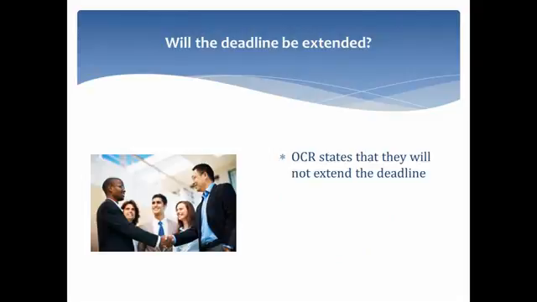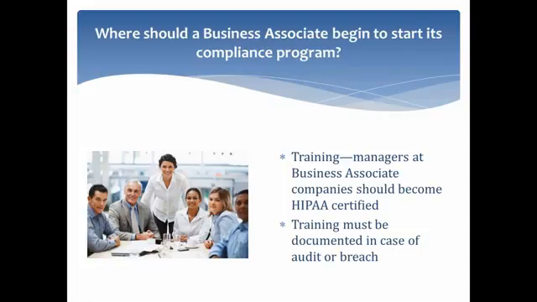The last thing is that the rule was announced in January, and it went into effect March 26th, and then they've given 180 days of a grace period for these business associates to comply. So they're saying they warned people years ago that you'd have to comply, that there were agreements that should have been in place that required that the data be protected anyway, and after the compliance date was announced, they've given 6 months for people to implement the programs. So those are the 3 reasons that they've said they're not going to extend the deadline.